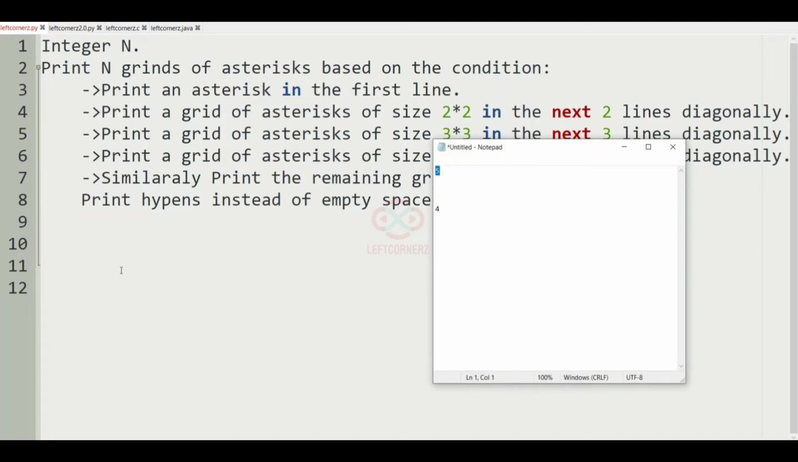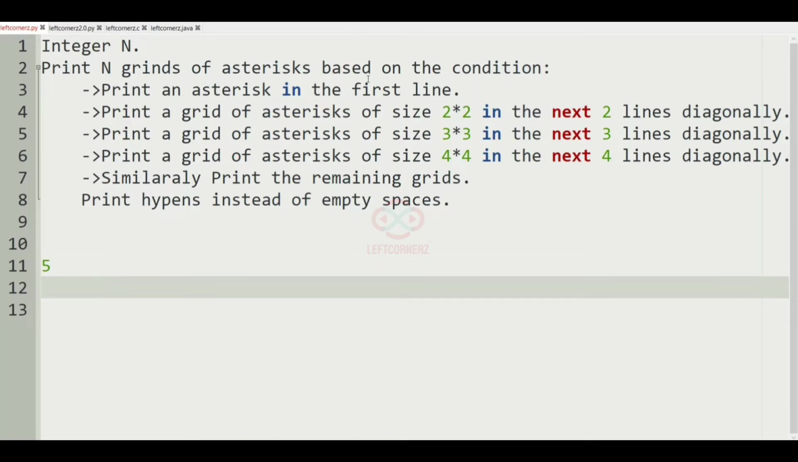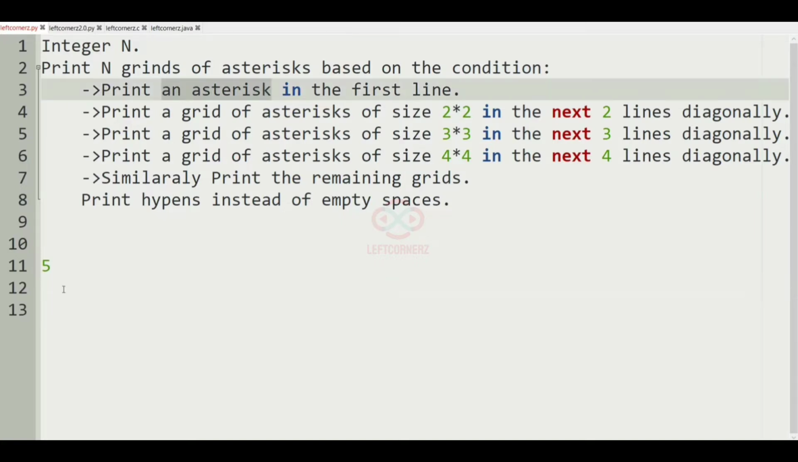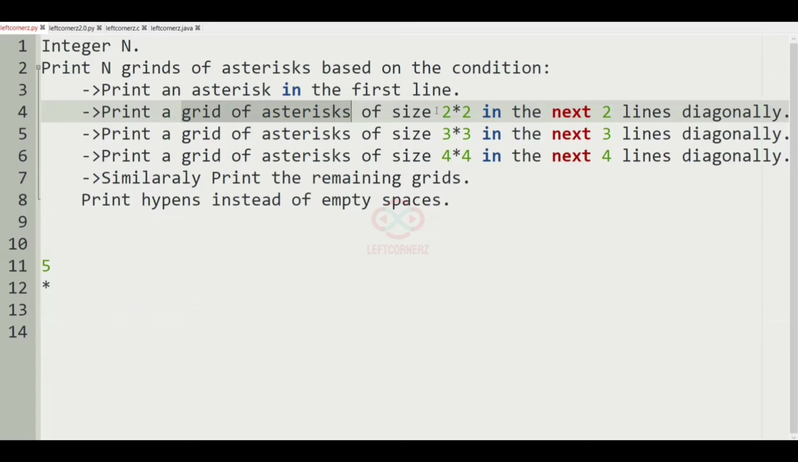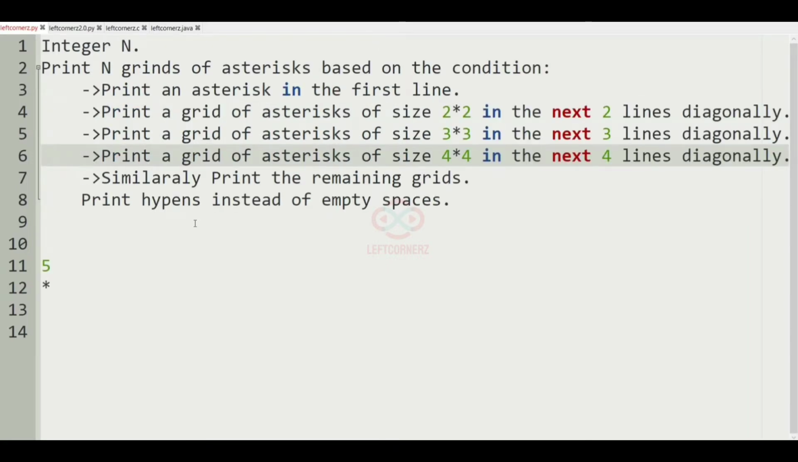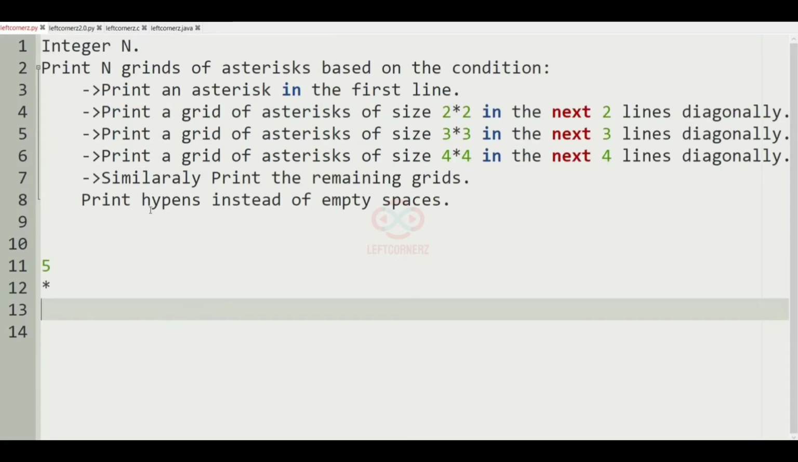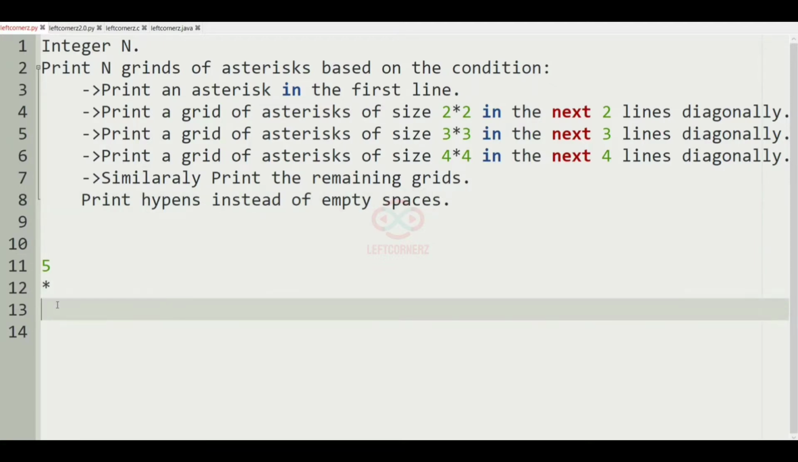So now we'll take our first test case. So here n is 5. According to our conditions, we have to print an asterisk in the first line, and then we are going to print a grid of asterisks of size 2 cross 2 in the next two lines diagonally. In order to print them diagonally, we have to print some hyphens to avoid the empty spaces. So a hyphen and then a 2 cross 2